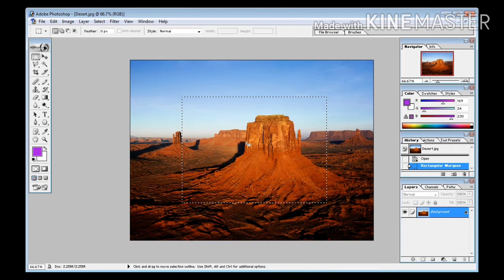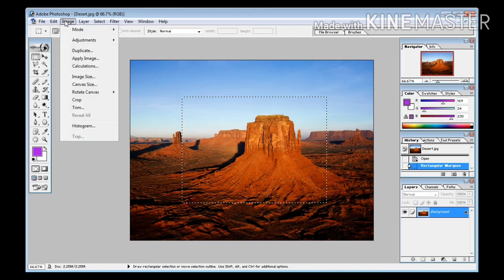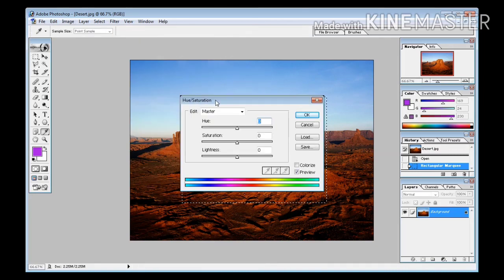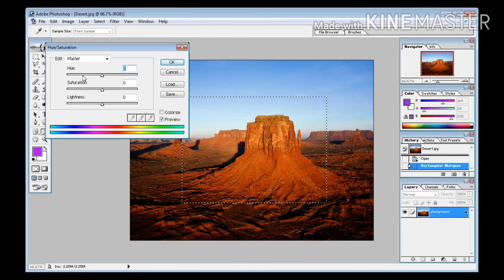Now if you want to change the adjustment of your image, so you can change. Image adjustment options are just like setting of your color settings of your television. So how can you change? To change the color setting, you can click on image tab. After clicking on image, select adjustment. In the adjustment, find out hue and saturation. Shortcut key for hue and saturation is Control plus U. It is the shortcut key to open hue and saturation dialog box.